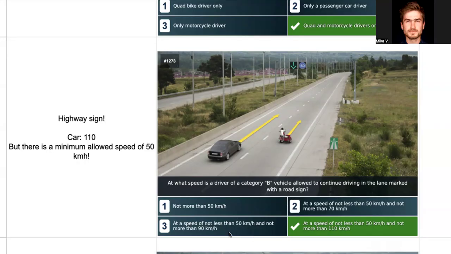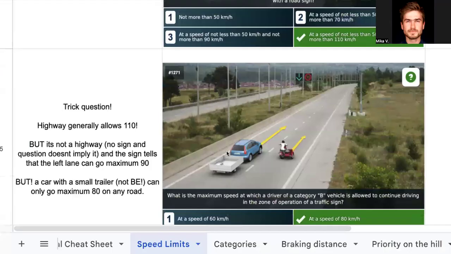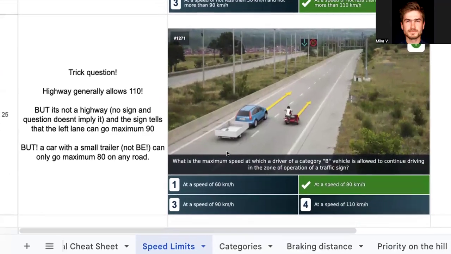All the other questions are kind of like, yeah, tricky as well. Options: at a speed of not less than 50, because it's a minimal limit, because they're on the left lane on the highway, and not more than 110 kilometers per hour, right? 110 kilometers because it's a B category on a highway. Then we have here,